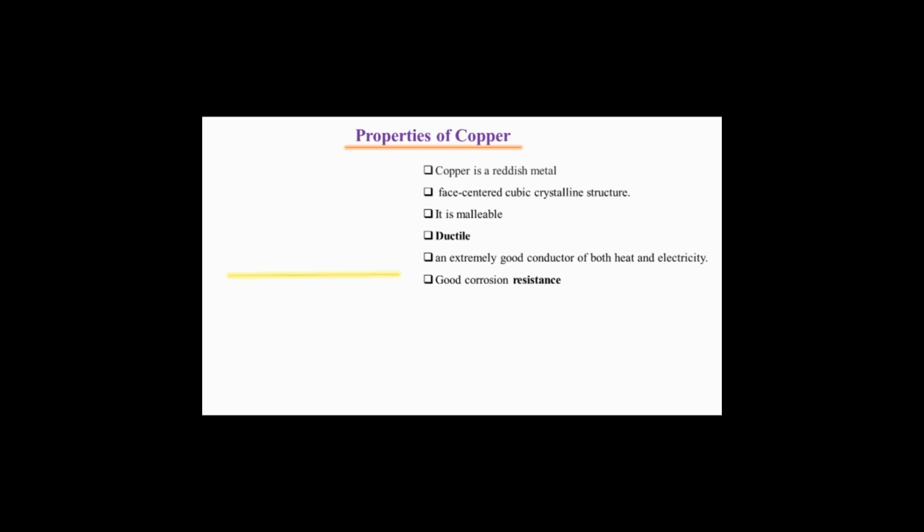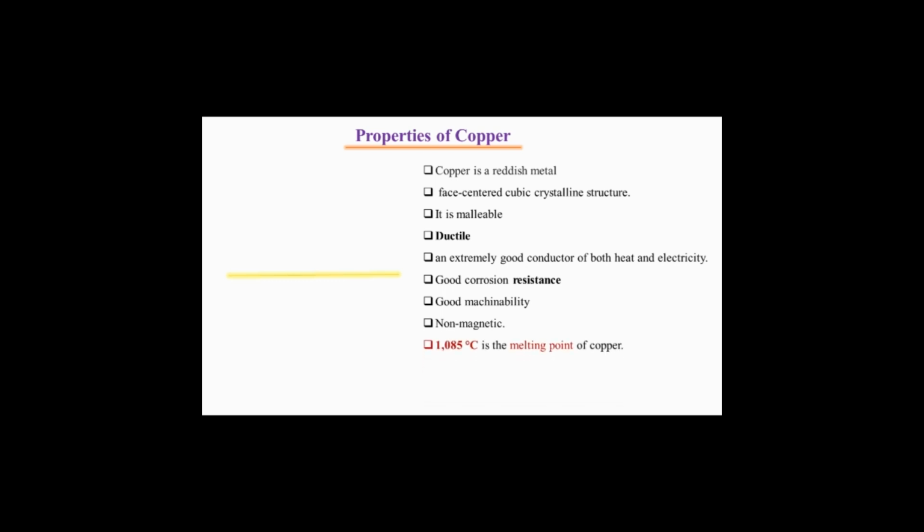Another very important property of copper is that it has very good corrosion resistance. All of you have seen copper utensils that we use in our kitchen. We don't see that copper gets corroded because of this property of excellent corrosion resistance. The next is good machinability. As it is ductile and malleable, ultimately it has good machinability also. The next is that it is non-magnetic. This is a very important property that most people don't know, so let me tell all the viewers that copper is a non-magnetic material.